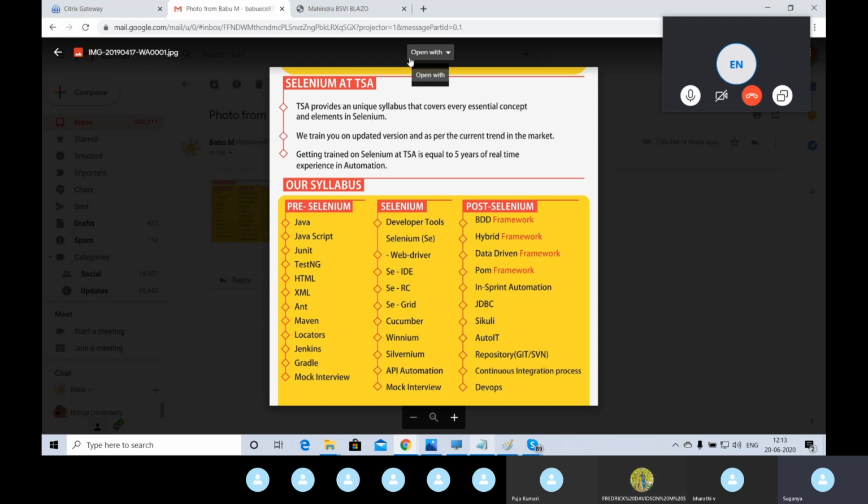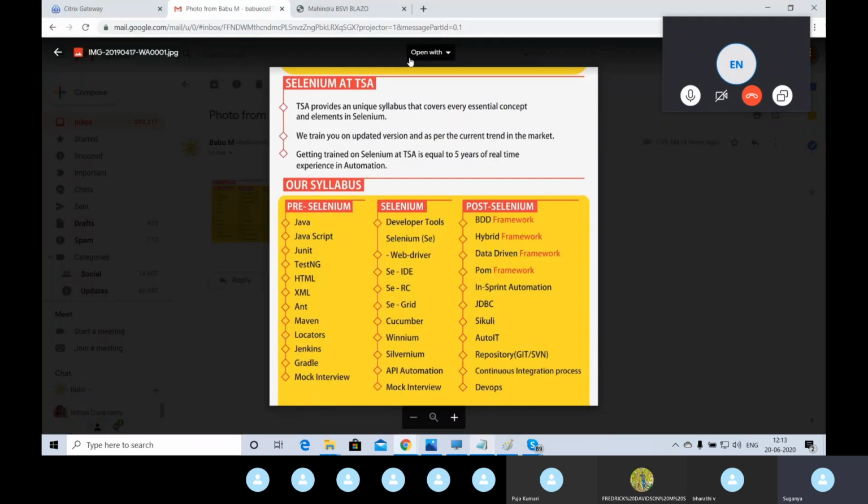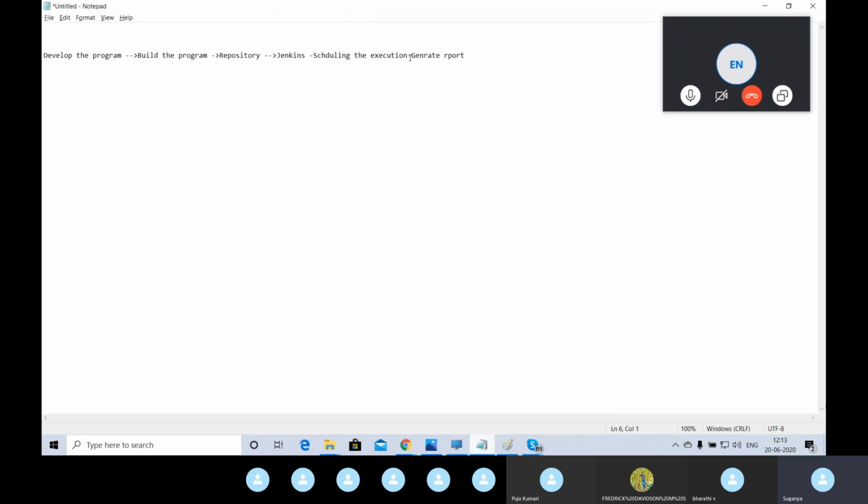Okay. The last part is DevOps. This continuous integration is also a part of DevOps only. DevOps is a holistic concept in which we have other components like continuous integration, continuous deployment, continuous delivery, continuous testing. All these components come under DevOps. In this process, I told you about scheduling. Scheduling means we can set some time in Jenkins to execute at that time. So Jenkins will trigger the execution at the particular time, or you can also manually trigger the execution whenever you want.